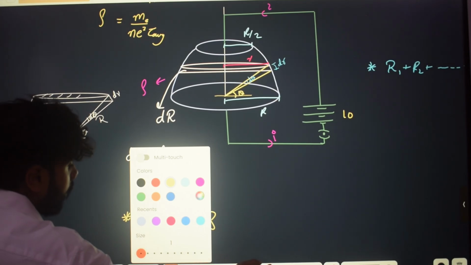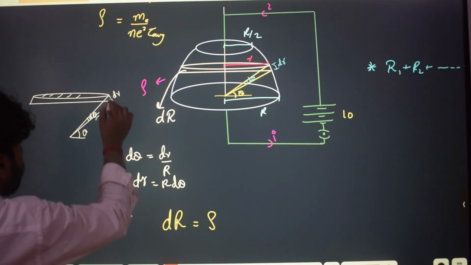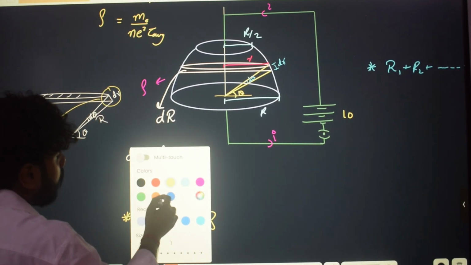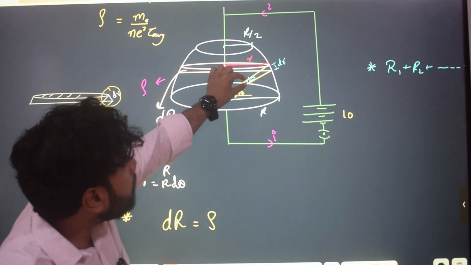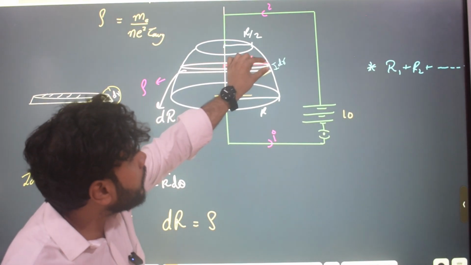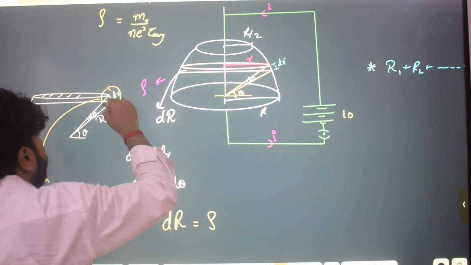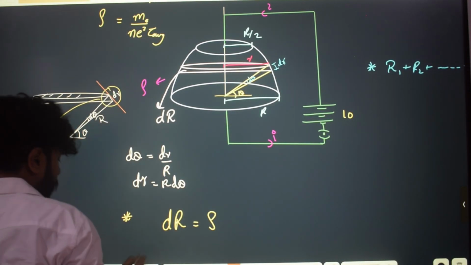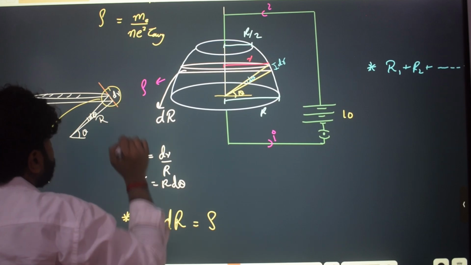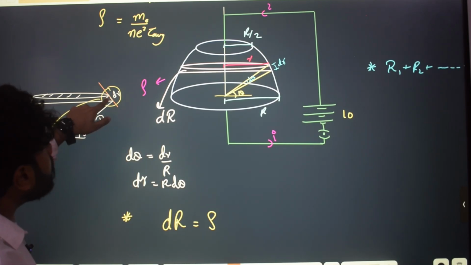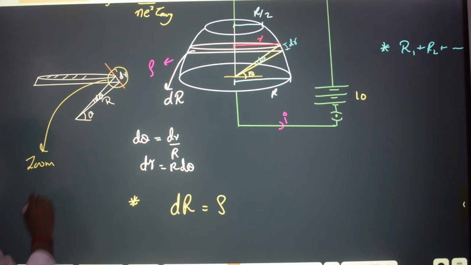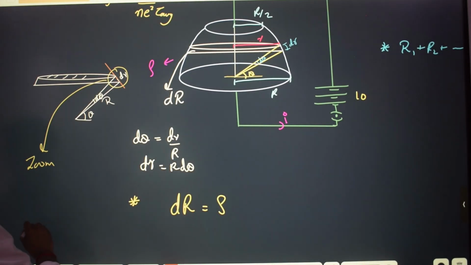Pay attention, this might be a little confusing if you get lost. If you take this section and zoom in, and if you remember from 11th, d theta means a very small angle. So if it is a very small angle, that means this dr arc is also very small. If it is very small, we can treat them as tangent. And if we are treating them as tangent, that means this angle must be 90, because radius and tangent are always perpendicular. So by that logic, you can see we'll have this sort of